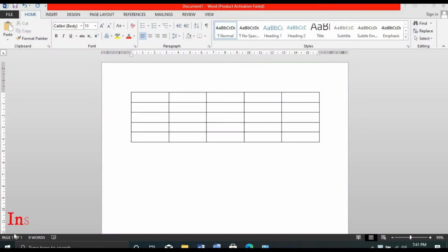Next topic is editing a table. Already there is a table on the screen. Okay, how to edit a table? On that first one, how to insert a row and a column. How to insert an extra row or column. Okay, if you want to insert an extra row, place the cursor anywhere in the row.